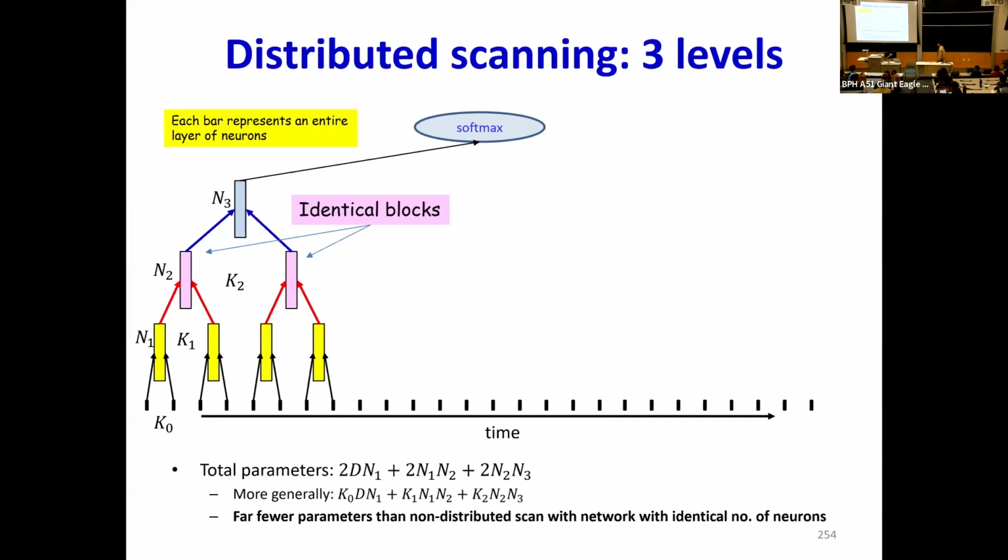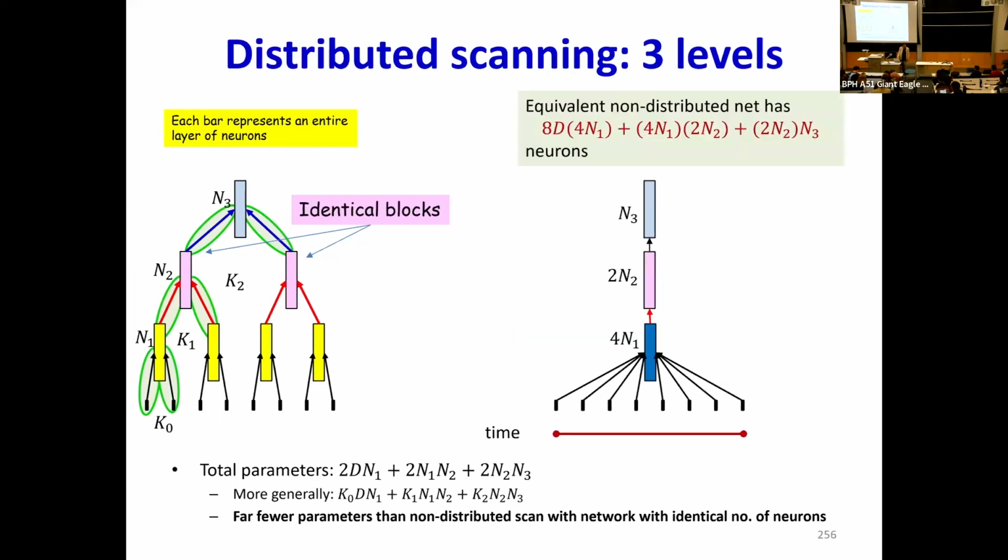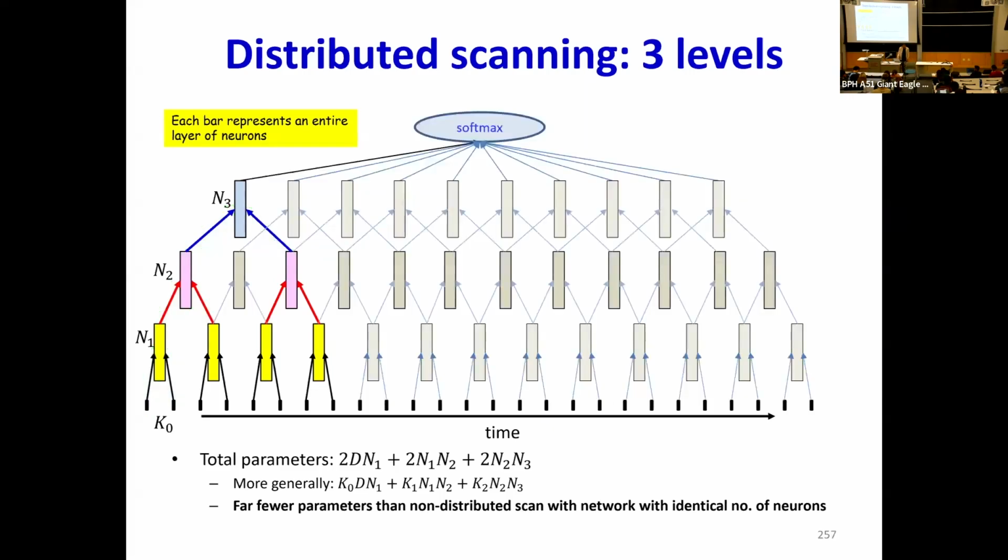And so you still have a window of 8, but the number of unique parameters is restricted to these guys, which is much smaller in number than when you just had one single network, right? Compared to these, you will see an order of magnitude difference very quickly. In fact, several orders of magnitude difference. And again, you can see that if I'm using a stride of 2, not only am I reusing parameters,